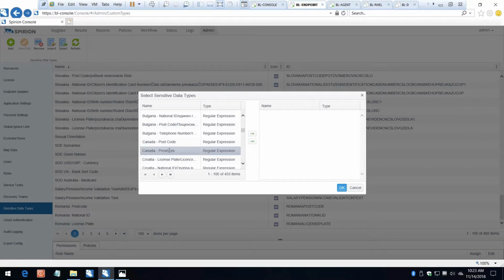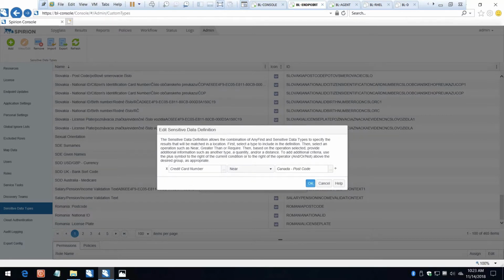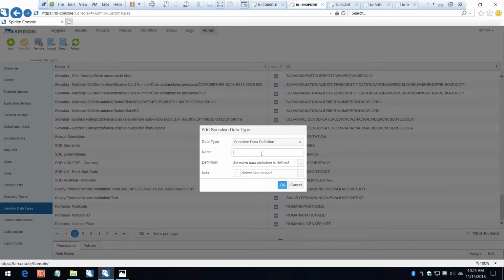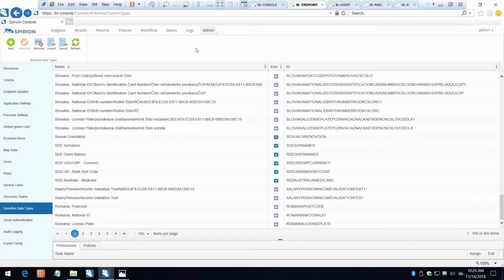So if I say I want to find postcode in Canada, because obviously postcode is driven by the geographic nature of things, you can say, okay, find that postcode, and you can maybe give it a name. So you can say Canada, and then postcode or something like that. So now what you can do is leverage that data type you just created and search for that in addition to maybe something else. So you can get really clever in the way that you do data searches, things like that.